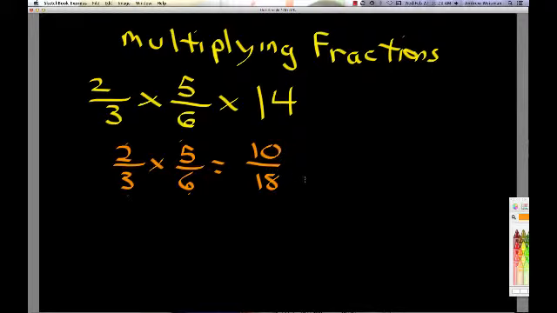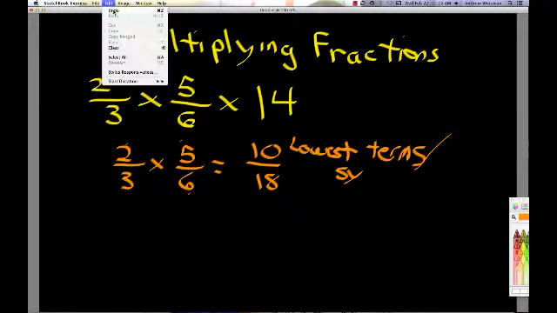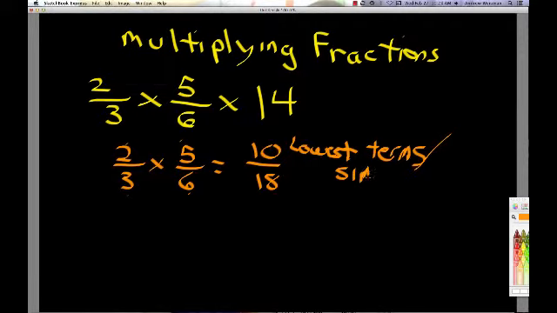Now, my suggestion would be to reduce this to lowest terms first, or simplify. Simplify. And so 10/18, when you reduce it to lowest terms, we know that both numbers can be divided by